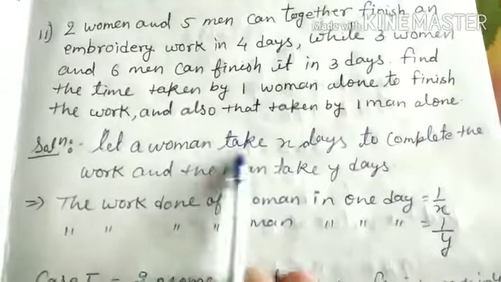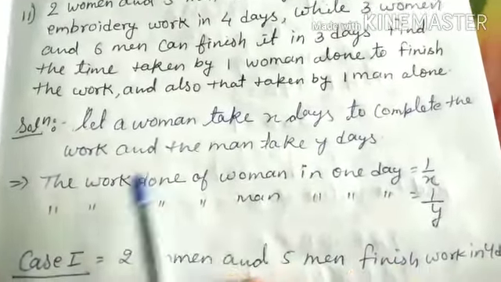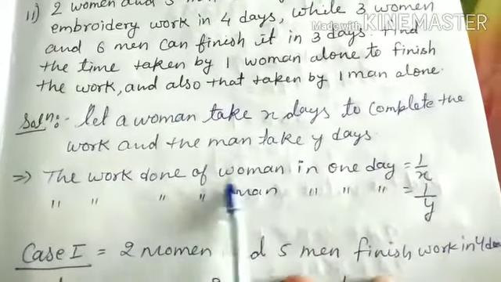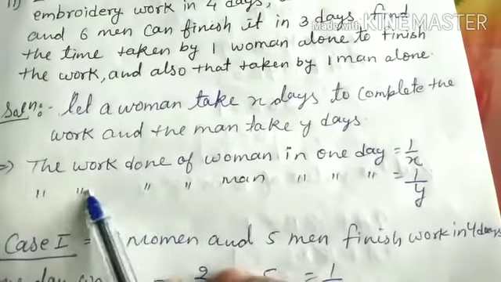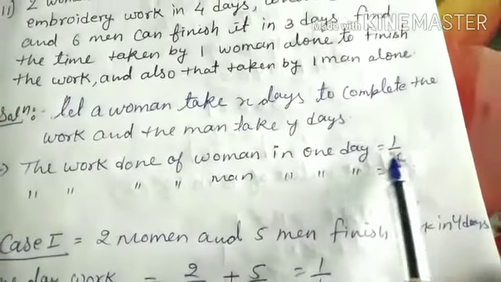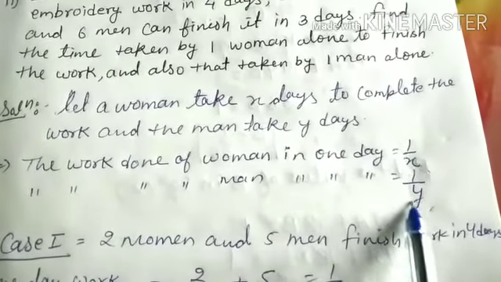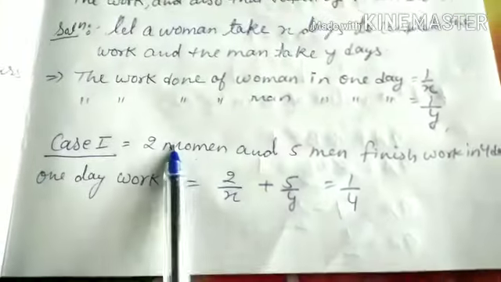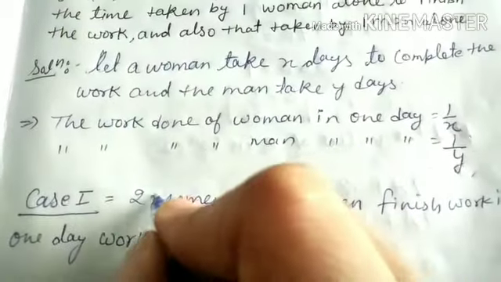So we will let a woman take x days to complete the work and the man take y days. Because the woman takes x days to complete the work, the work done by a woman in 1 day is equal to 1 upon x. And similarly, the work done by a man in 1 day is equal to 1 upon y. 1 upon x is the 1 day work of the woman and 1 upon y is the 1 day work of the man. The first case we have is 2 women and